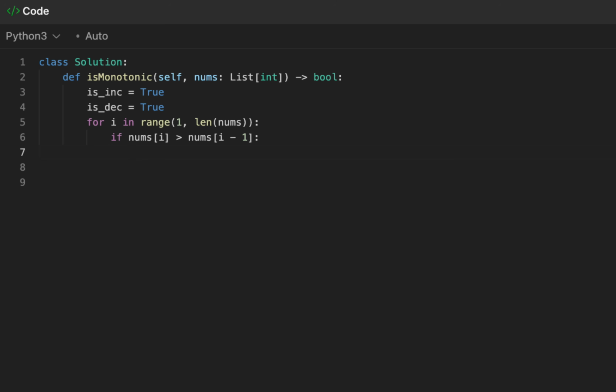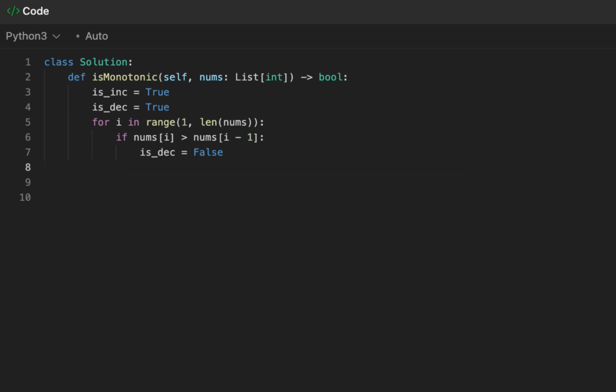this means we cannot achieve a monotonically decreasing sequence anymore. Let's reflect that in is decreasing, set to false. As for the other case, if we have a decreasing sequence, so if the current value is lower than the one before it, then we'll oppositely set is increasing to false. And yes, there's the case where we have a flat sequence, but in that case, as we saw, there's no logic to execute. But let's introduce our slight optimization, that if both Booleans are false, then we'll break out early